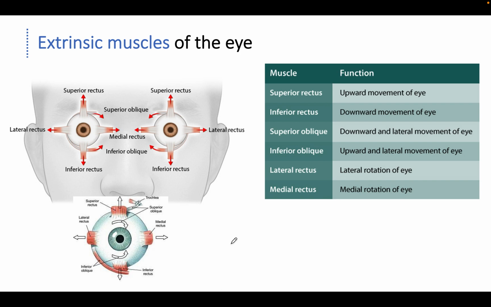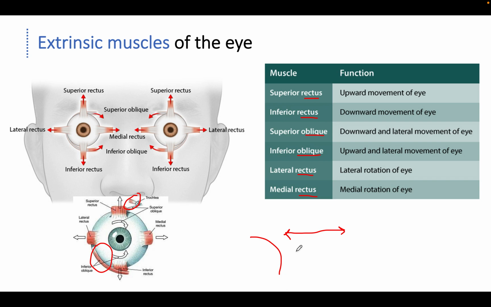So we have 4 what are called rectus muscles: a superior, an inferior, a lateral, and a medial. Rectus means straight, okay? So these muscles are going to run straight. Now I know my arrow is not perfectly straight, but the idea here is that it's going to be straight. The term oblique for these superior and inferior oblique means that the muscle is curved, okay? So we have a superior oblique right here, and an inferior oblique right down here, all right? So these muscles are curved,